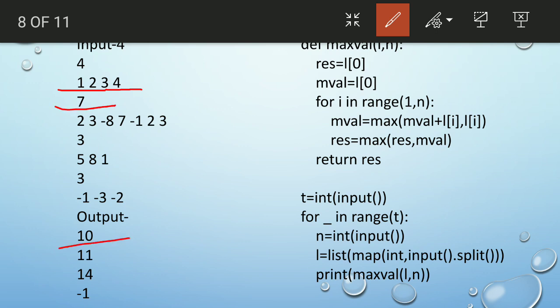Okay, next, if we have some positive and some negative integers, then we have to find the sum of the longest one. Like in this one, what is the longest subarray? First of all, we need to find the longest subarray, and then we need to find the sum of that one. So in this question, if 2, 3 and minus 8 are taken at a time,